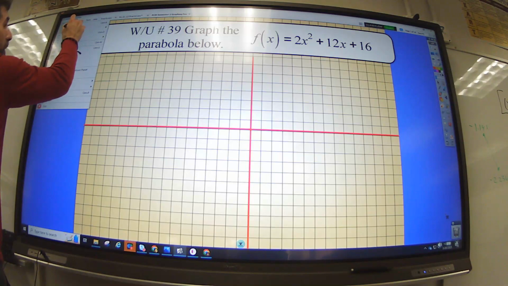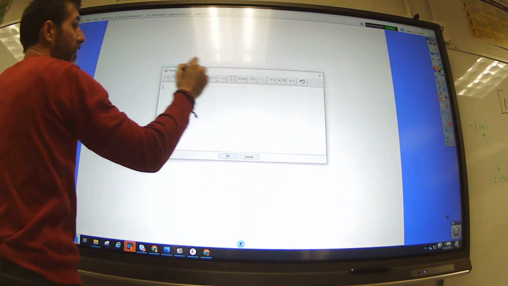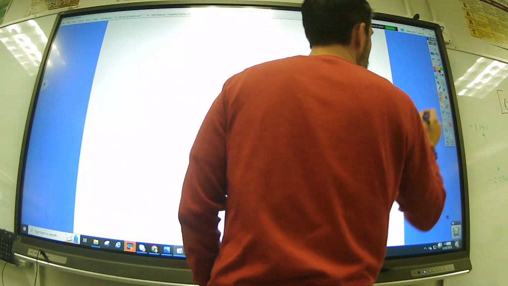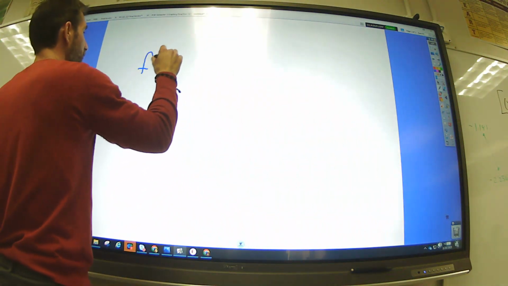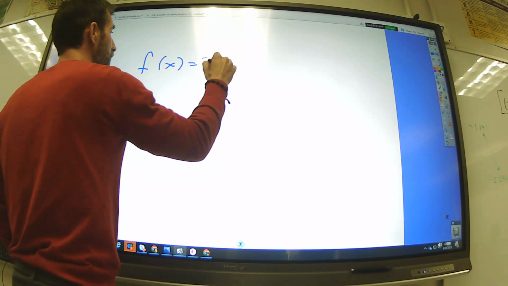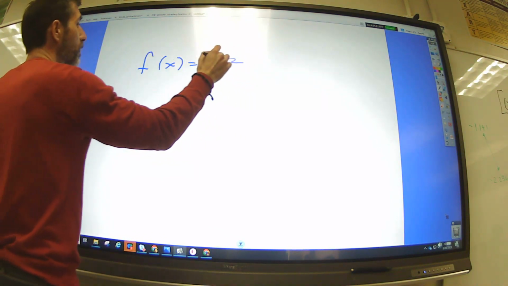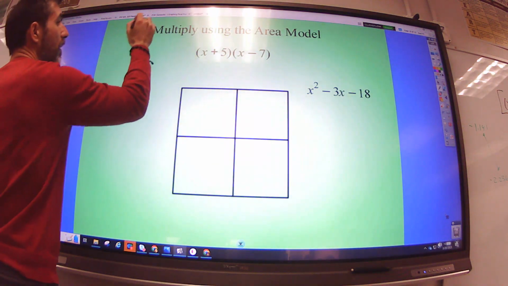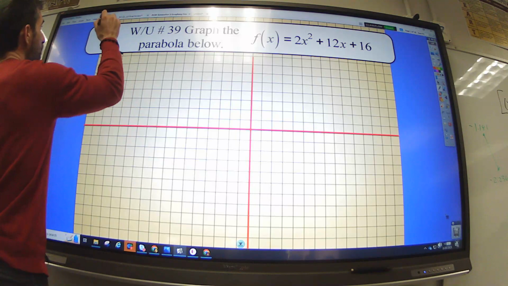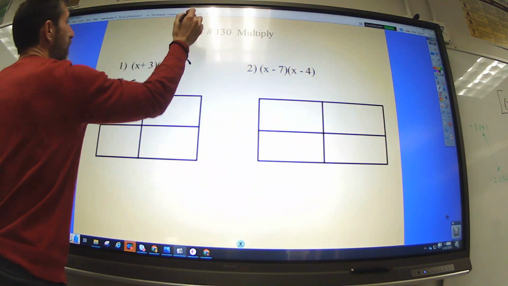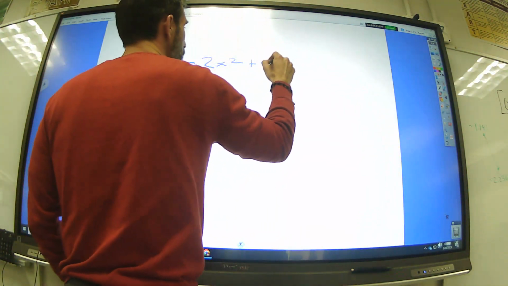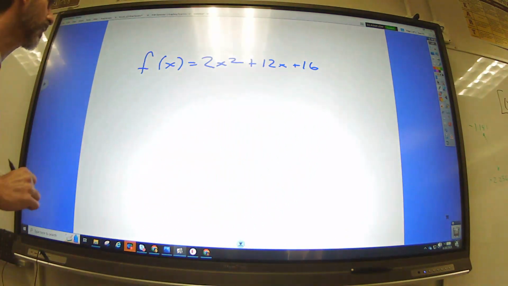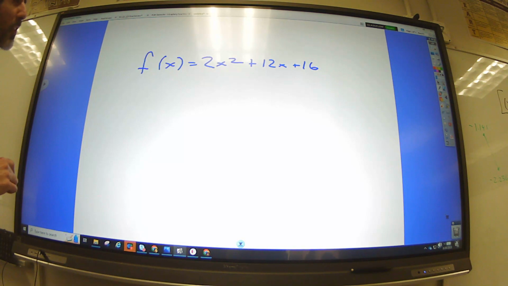2x squared plus 12x plus 16. We have here f of x equals 2x squared plus 12x plus 16. Okay, in order to graph this, let's first